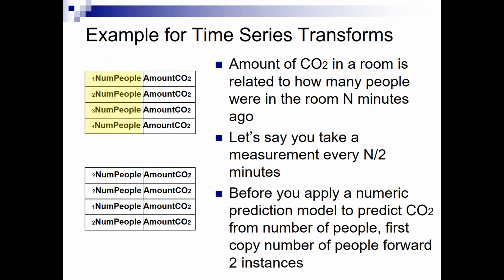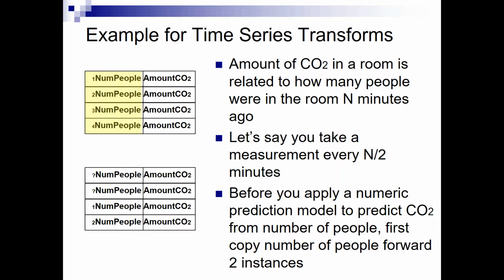So what we really want to do is shift the observation of number of people down 2 time notches. Below that, you see what happens after the shift takes place. The number of people observed at time point 1 is now at time point 3. The number of people observed at time point 2 is now at time point 4, and they're correctly aligned with the relevant CO2 readings.